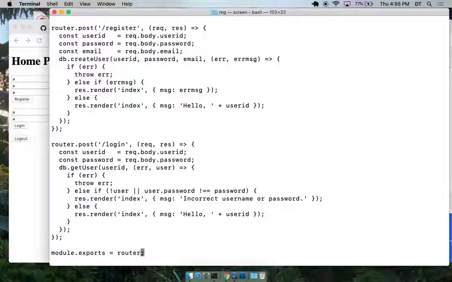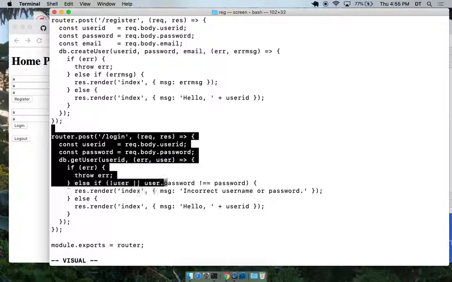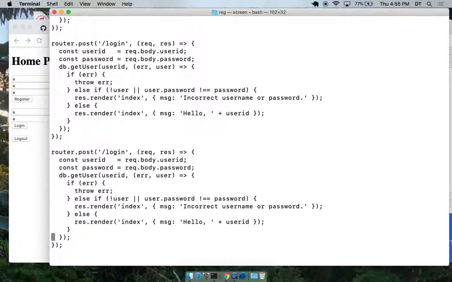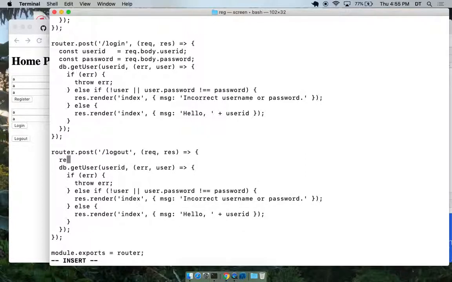All right, let's do log out. So here's log out. And to log out, we don't need that. When we log out, we just take the request object. There's a session on there. We get user ID in the session object.